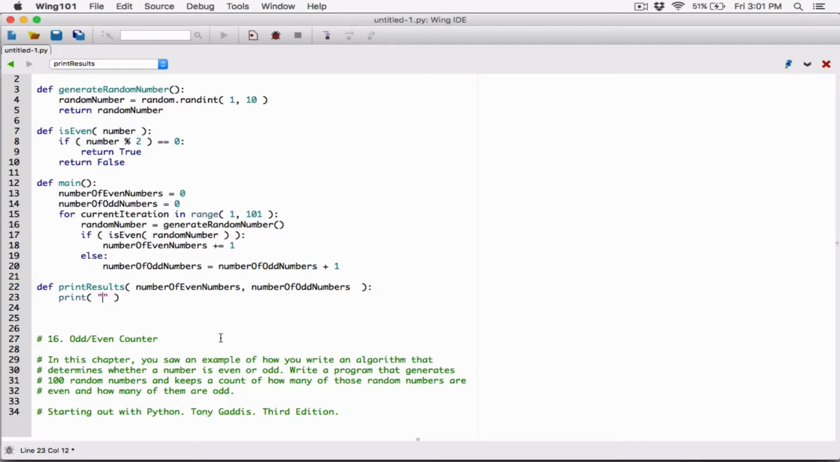So I'm just going to print out the message and say, out of 100, right? So there were, and then I'm going to pass in another argument. I don't need a space. I'm basically passing arguments into the print function so they are displayed, right? So out of 100 numbers,